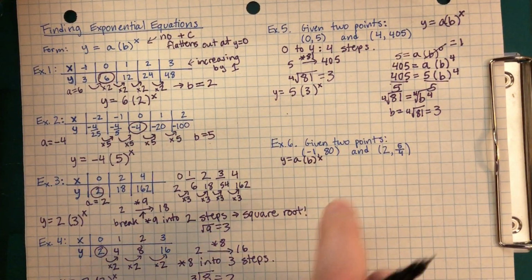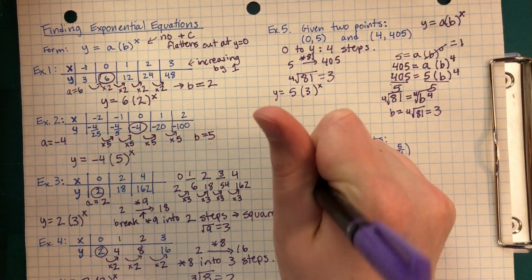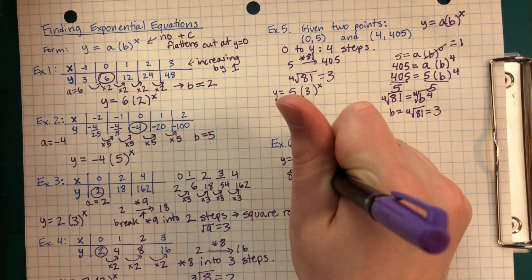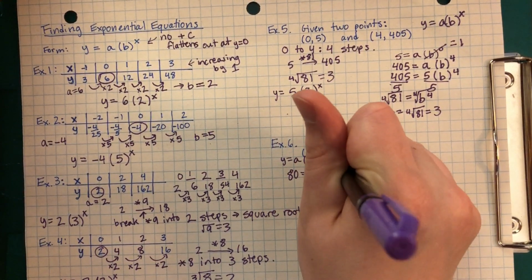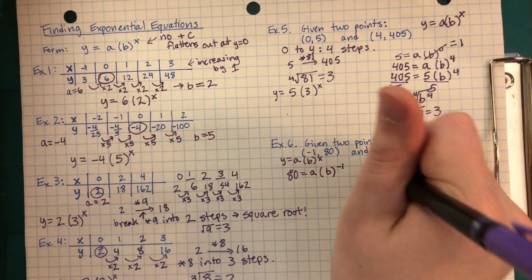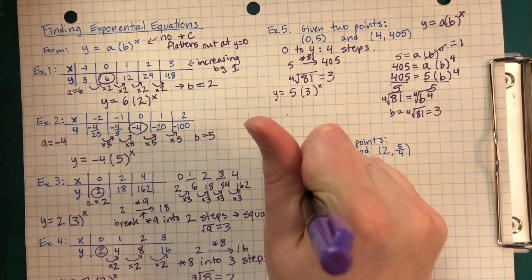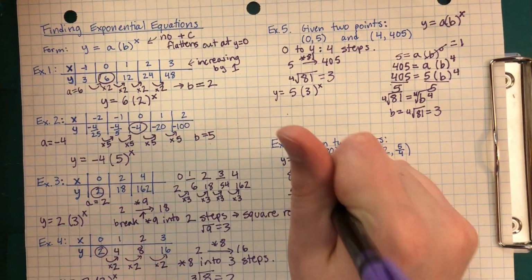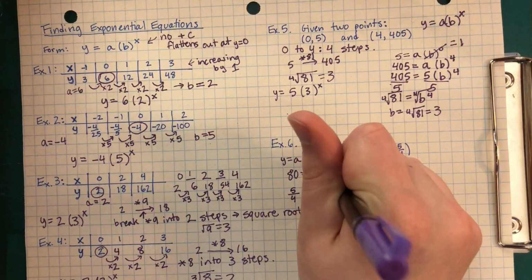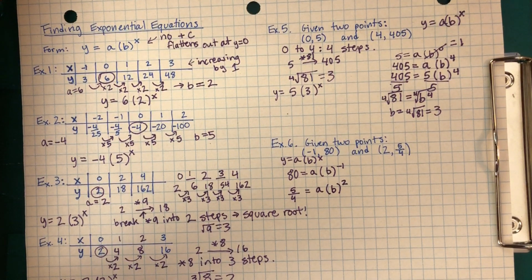I'm going to put in this x and y, and I'm going to put in this x and y. So I have 80 equals a times b to the negative 1. And I also have 5/4 equals a times b to the 2. There we go. So I have these two equations with a and b, and I'm going to try to find